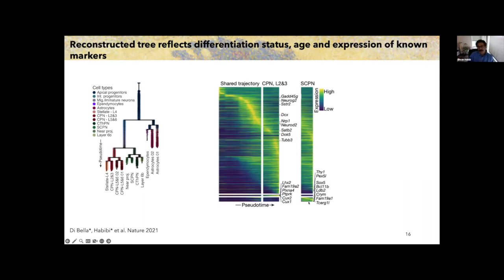Then another important aspect of this branching tree is that now you can go from the early time points to each trajectory, and then define the cascade of genes that get turned on and off during this process, to see when these genes are expressed over time. And now you can do a lot of perturbations to see when the genes are important, when they get turned on and off during this process.